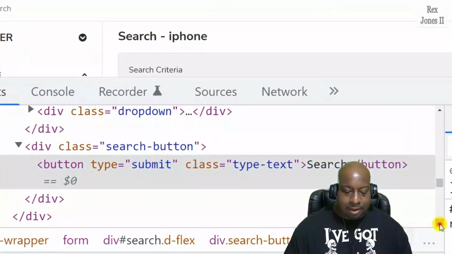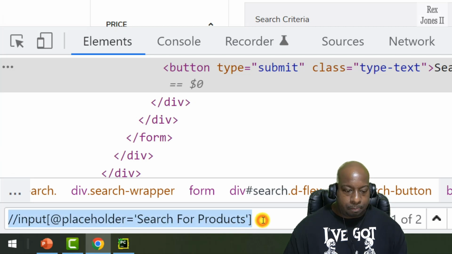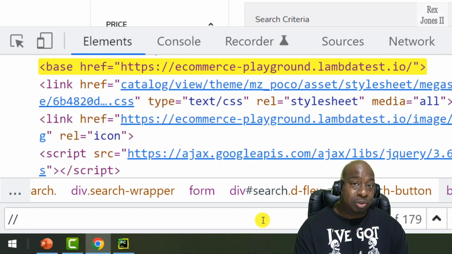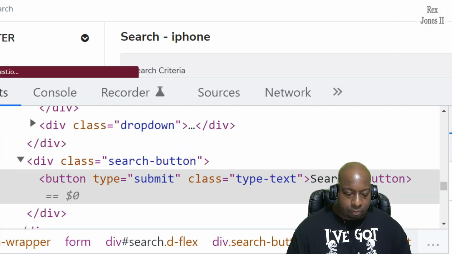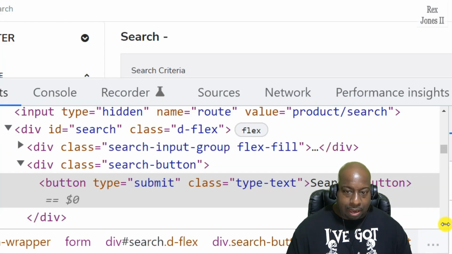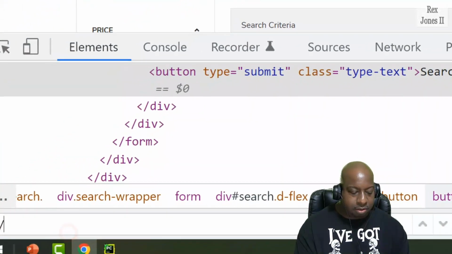We see the button tag. Find this element by writing //. Let's go back and inspect again. I want to make sure it does not have an ID value, but we can use the text of Search. Yes, so button,